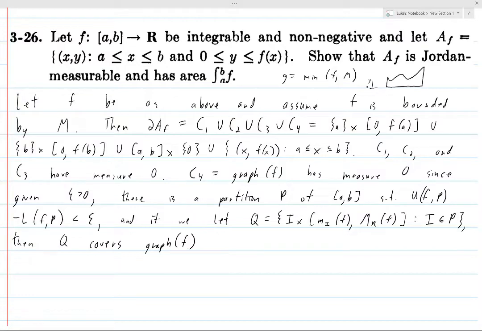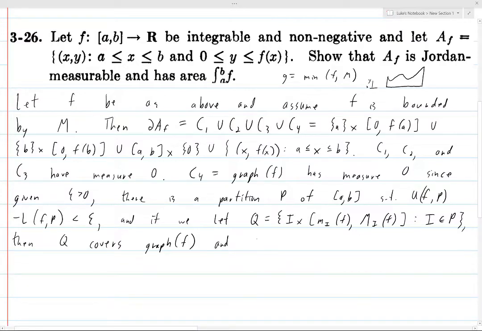And these supremum and infimum values are precisely the lowercase m_I(f) and the uppercase M_I(f), which are the lower and upper bounds of the corresponding element in Q, this I cross [m_I(f), M_I(f)]. So every point in the graph can be covered by an element of Q. So Q covers the graph of f,